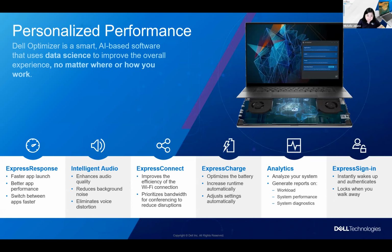It's an AI-based software that uses data science to improve the overall experience. The settings, the adjustment is actually unique for every individual. So the benefit is that it helps you provide better experience in terms of faster response, okay, faster app launch. You can select multiple application you're launching, okay, and then the rest will be taken care of by the